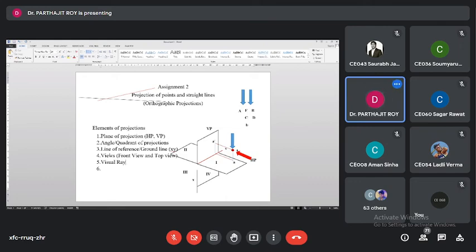Which one is the visual ray? So my both red arrow and blue arrow are the two visual rays, isn't it? Yes, sir. Okay. And what peculiarity you observe here, both the visual rays are either parallel to the horizontal plane or parallel to the vertical plane. And accordingly, they are intersecting the planes of projections perpendicularly, isn't it? Yes, sir. So how do I define the visual ray now?